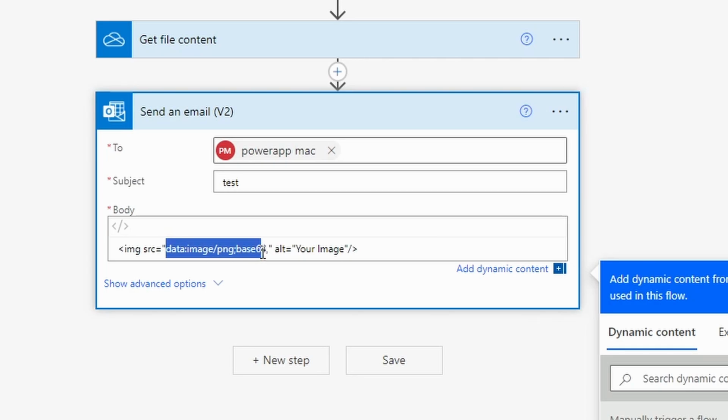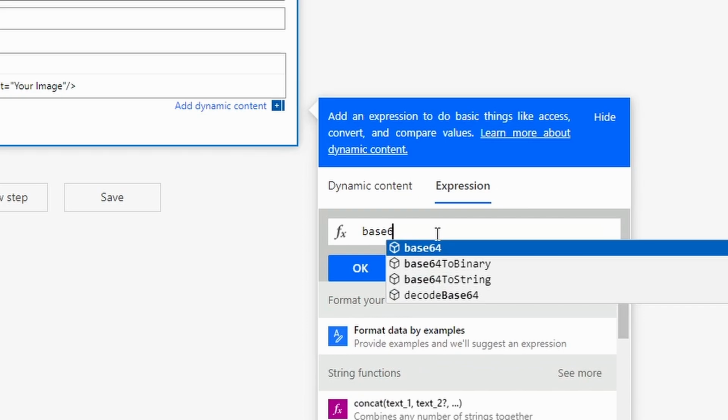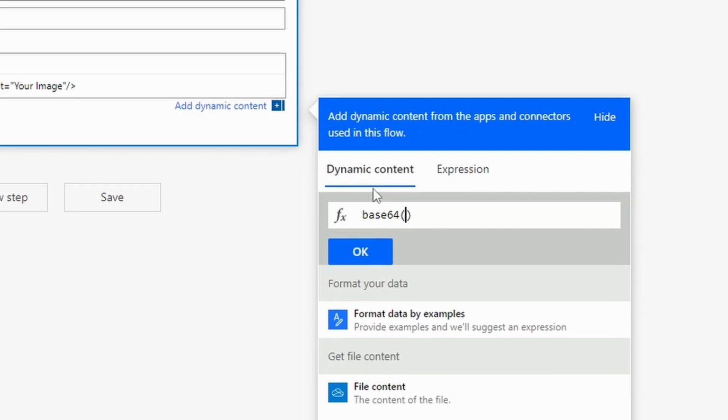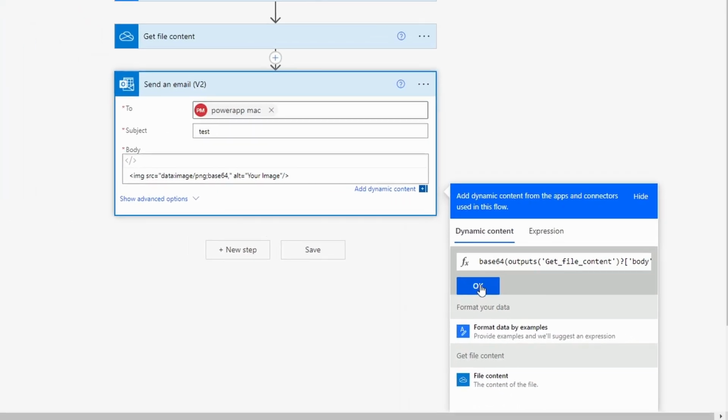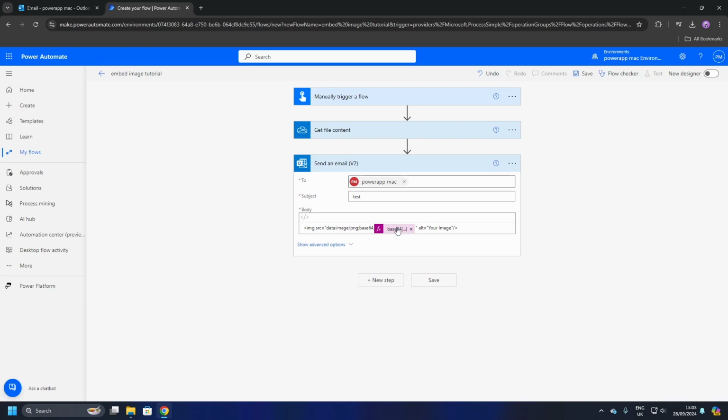And just behind this comma, what we're going to do is create an expression. So we're going to type in base64. We're going to put some parentheses, and inside here we're just going to put this file content up there. So it's our image, so we're just going to use this here. So we've embedded it in, and now if we click save